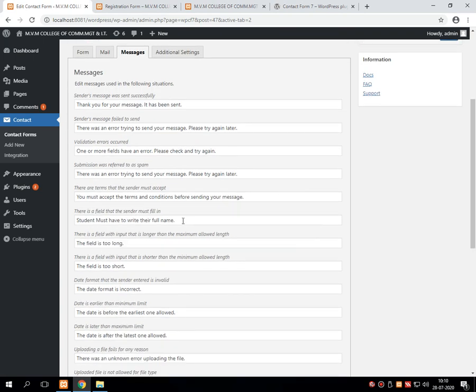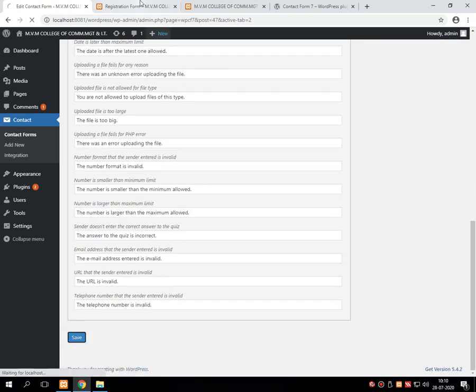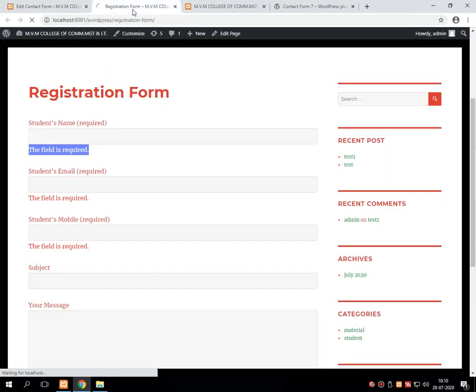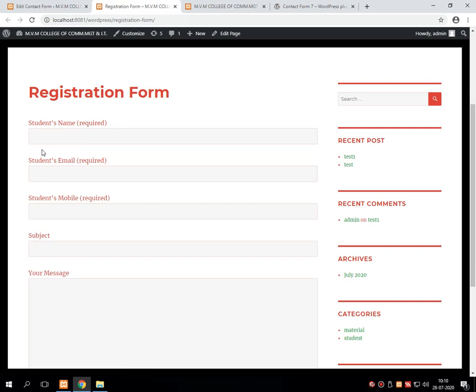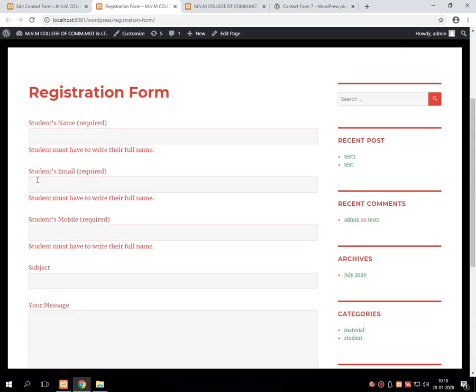Once it is saved, suppose I am refreshing the page and pressing this particular button, then it displays "Student must have to write their full name."